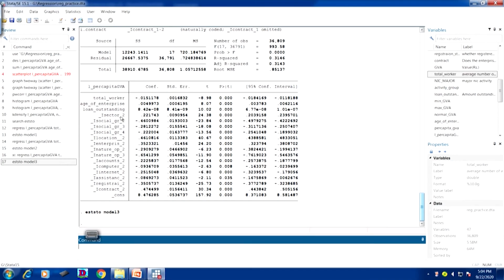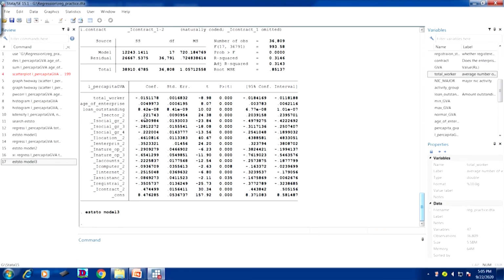Rural has been considered as the reference category or the base category. Now, as compared to rural, the urban coefficient is 0.22, that is 0.221743, and that is significant in our model. Similarly, for the other social category, 1 is considered to be the base category, then 2, 3, 4 are considered the other categories. So, interpretation is made accordingly.